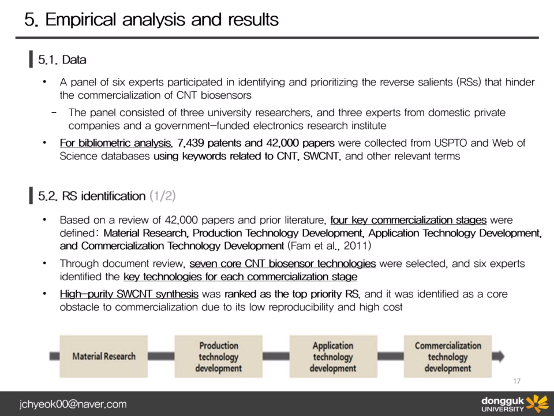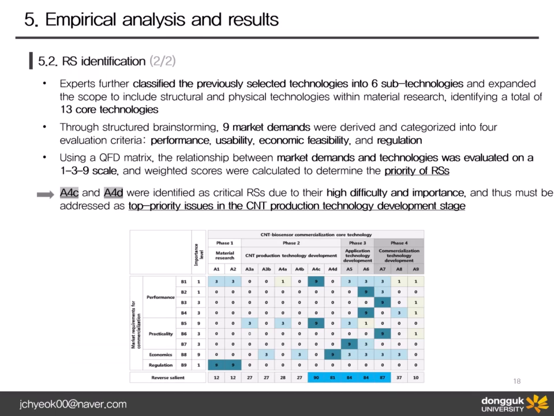other related terms. Next, based on a review of the 42,000 papers, major commercialization stages were divided: basic research, production technology development, application technology development, and commercialization technology development. Through literature review, 7 core CNT biosensor technologies were selected and expert discussions were conducted to identify the key technology associated with each commercialization stage. As a result, the synthesis of high-purity SWCNTs was identified as the highest priority RS. In addition, the experts classified the selected technologies into 6 sub-technologies, ultimately identifying a total of 13